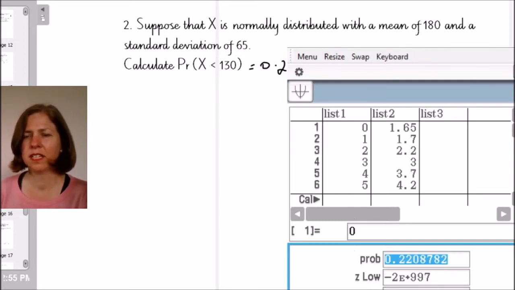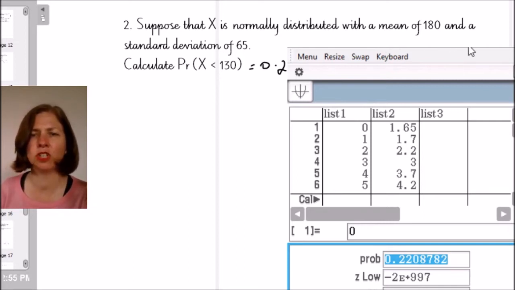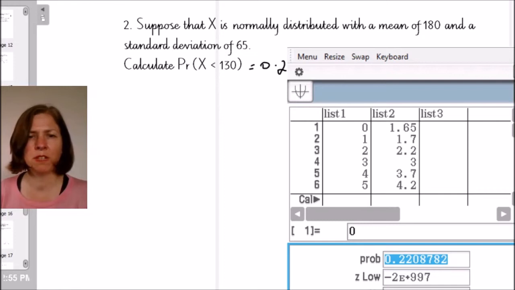Okay, so it's given me these calculations here. I've got a probability now, I'm told, of 0.2209. Don't worry about the other information, but basically everything is there. So there are two different techniques that you can use to do this calculation. All right. So now I am going to show you something different, because the next kind of question is